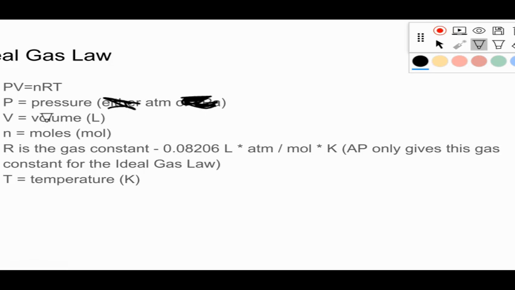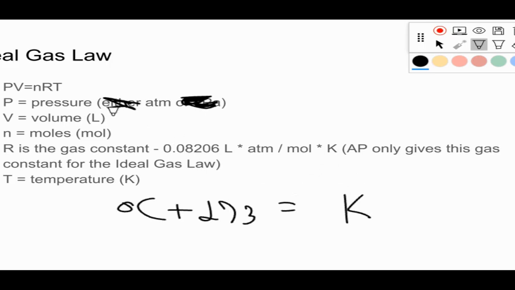Your volume in the ideal gas law must be in liters. Your n represents your moles, and it has to be in moles. So if they give it to you in grams, you have to do a basic gram to mole conversion. R is considered a gas constant, and it is a set number that we plug in. This whole thing is the unit for it. I'll talk more about that when we start working out our problems. And temperature must be in the unit of Kelvin. AP makes it a little bit easier, and they often give you the temperature in Kelvin. But if it doesn't, then you do degrees Celsius plus 273, and that gives you your temperature in Kelvin. It's not degrees Kelvin, it's just Kelvin.